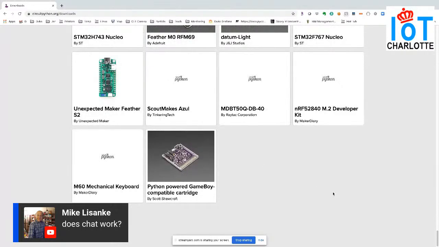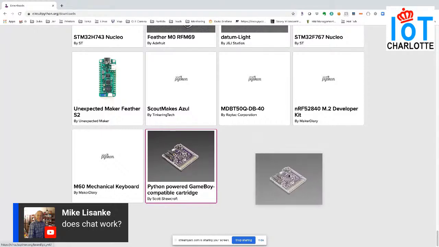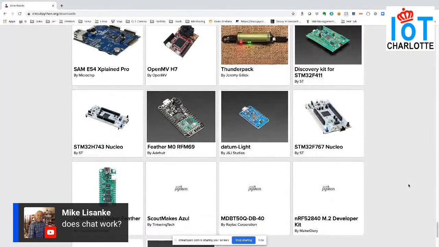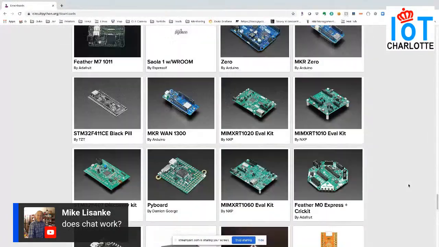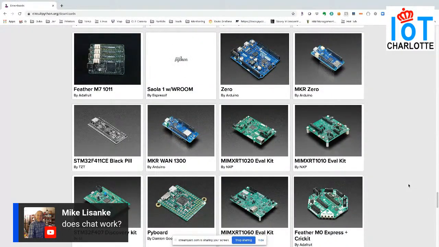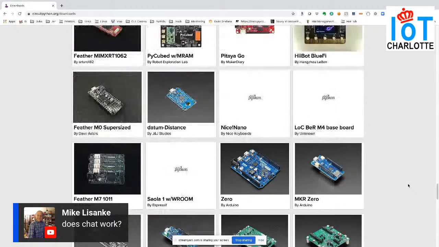Obviously, wow, a Python-powered Game Boy compatible cartridge. That looks cool. There's also native support for some of the Bluetooth chips out there.